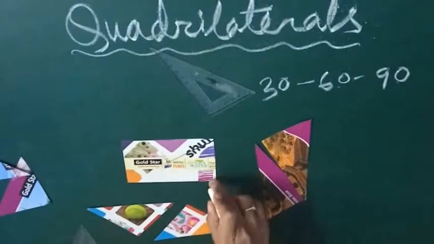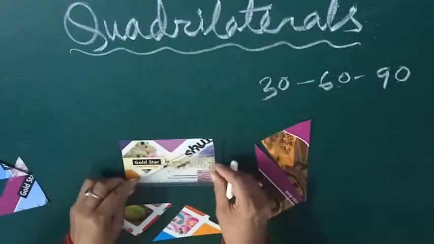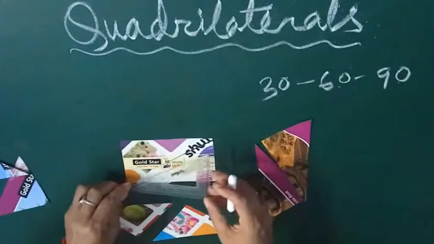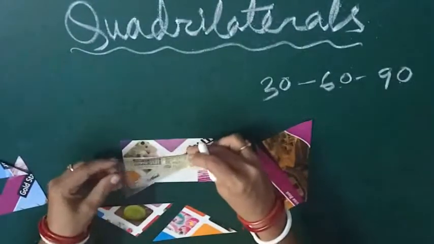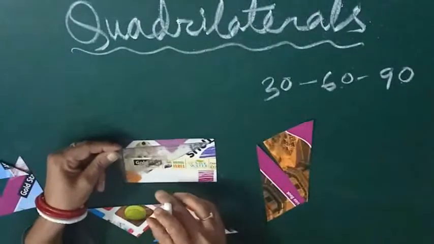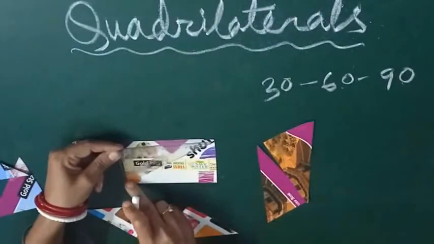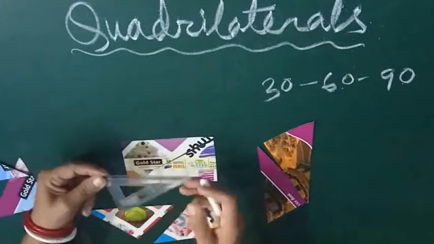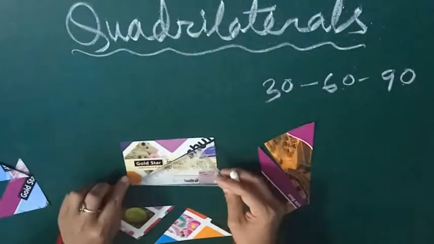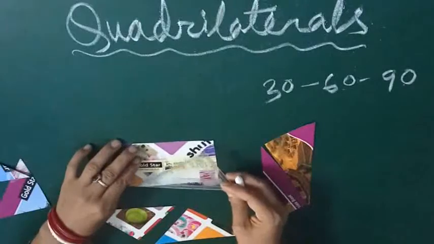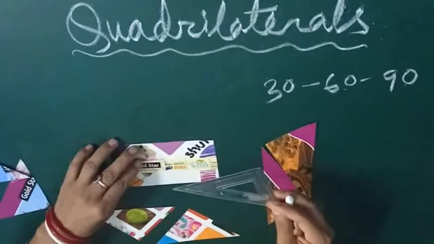Here, those angles are right angles. Yes, these are the corners. See, this is a right angle. Here, that corner. Okay, now turn to this side. This is also a right angle. Now another angle, how will you know? We know this angle is 60 degree and this is 30 degree. So here this is 60 degree I am putting, that angle is 60 degree. Now when I am turning it like that, this angle 30 degree is also coming. So together this angle also becomes 90 degree. So here this is the rectangle you have got.